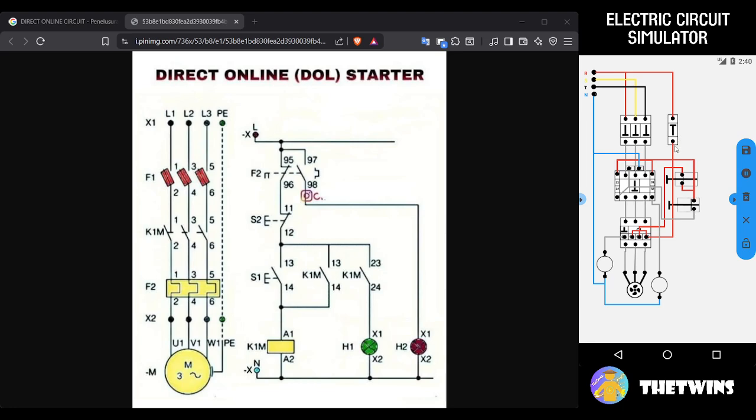Okay, you can see the flow of current is from MCB to overload. Okay, we try to simulate. We click the push button and what will happen? The contactor is on and the green indicator lamp is on.